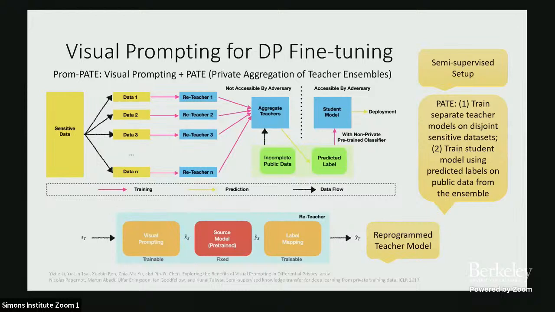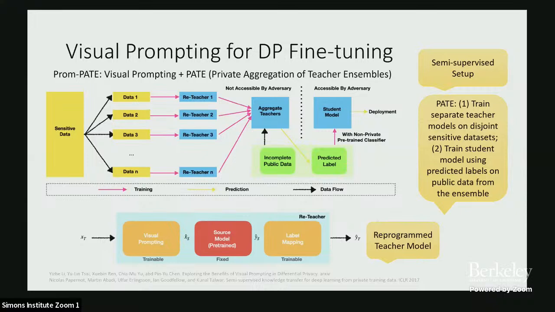Okay, so beyond DP-SGD, we can also adapt model reprogramming to different DP training mechanisms. Another popular option is the PATE method, introduced by Papernot and others. For those of you who are not familiar with PATE, this is a semi-supervised machine learning setup where you first separate your private data into several disjoint sets, and then you train so-called teacher models on those disjoint sets.